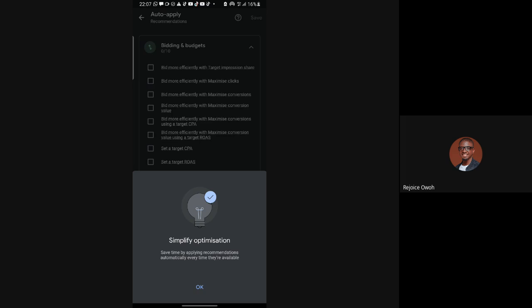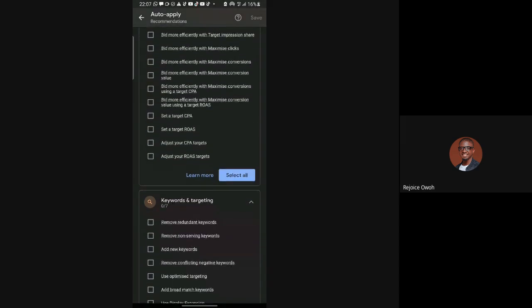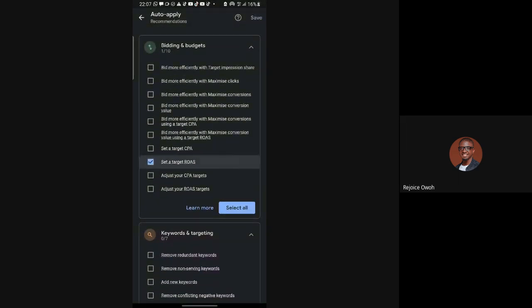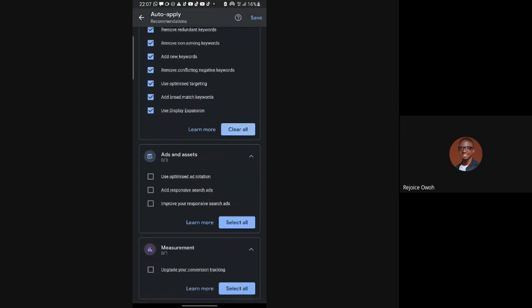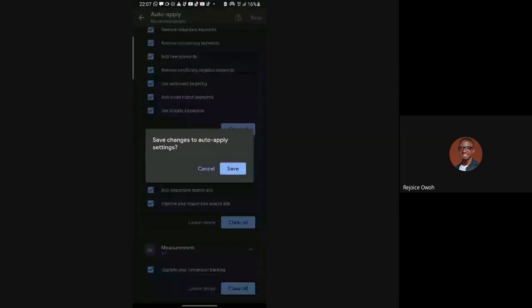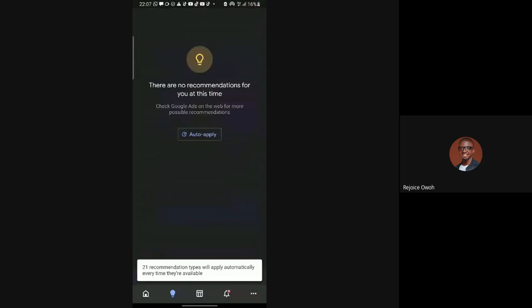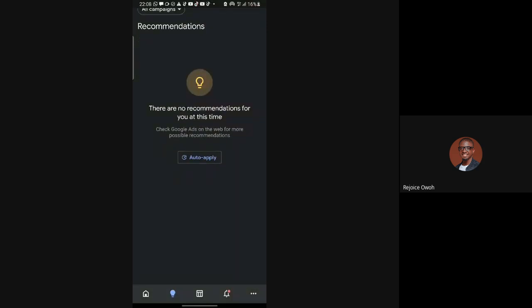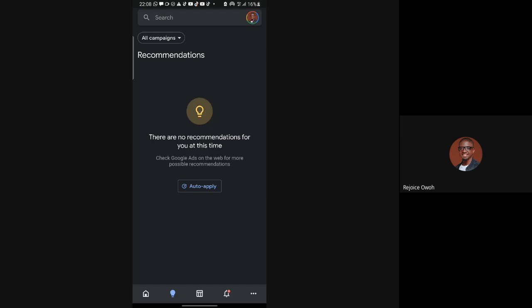when you're trying to run ads, they're going to give you recommendations. I want to open up something now. Okay, so I can select, let me say I want to set a target. I want to show you guys what it looks like. And then let me select all, and then let me save it. Okay. Now, every time there is a recommendation on Google, automatically they will send me a recommendation here based on